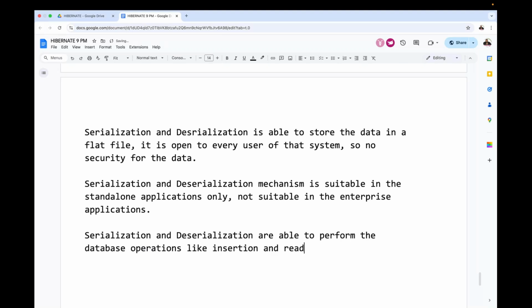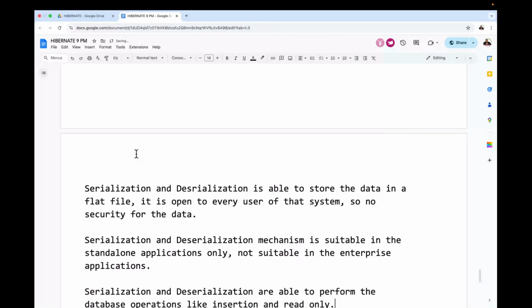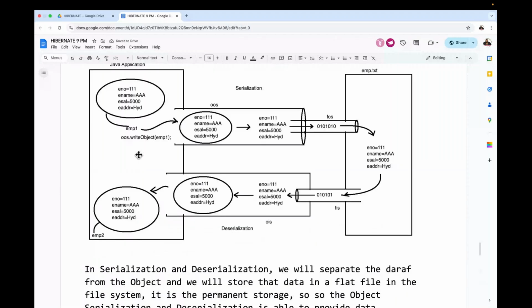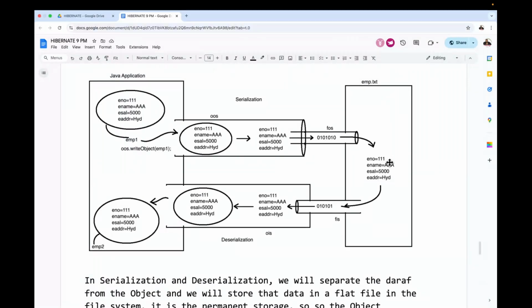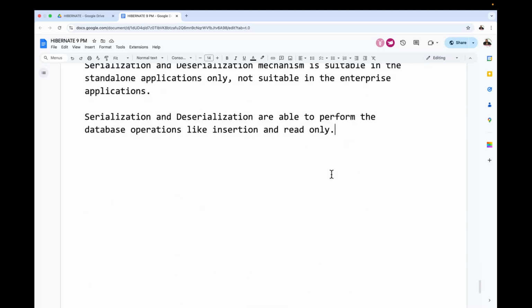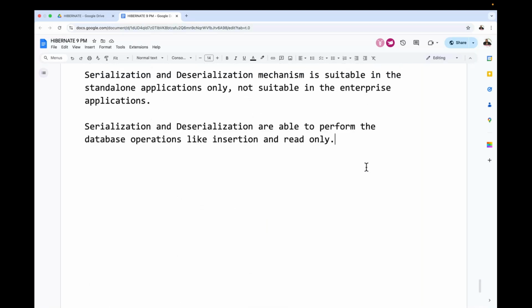See, if we understand the diagram here, what operations are we performing there? Inserting the data, maybe reading the data. Do you have any option like updating the data? Do you have any option like deleting the data? No, no such kind of things are available here. Observe carefully. So it is performing only insertion and read operations only. Right, sir. Then after completion of this, another one,